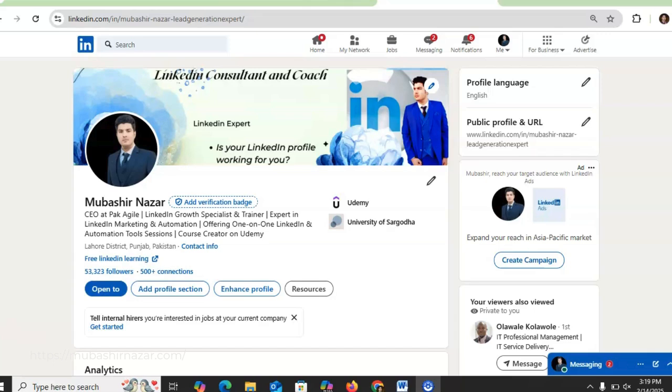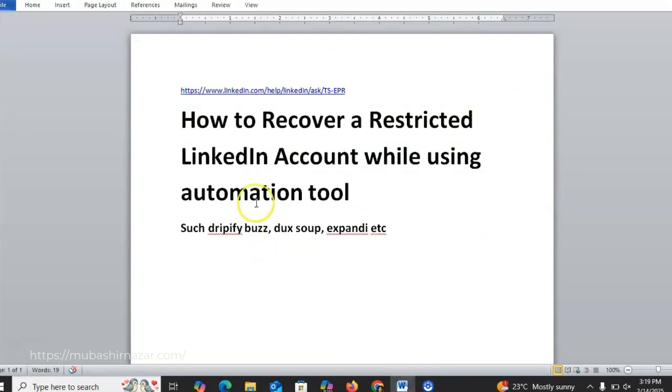Has LinkedIn restricted your account for using automation tools? Don't worry. In this video, I will show you how to submit an appeal to LinkedIn and recover your account step by step. So first of all, you just need to click on the URL,